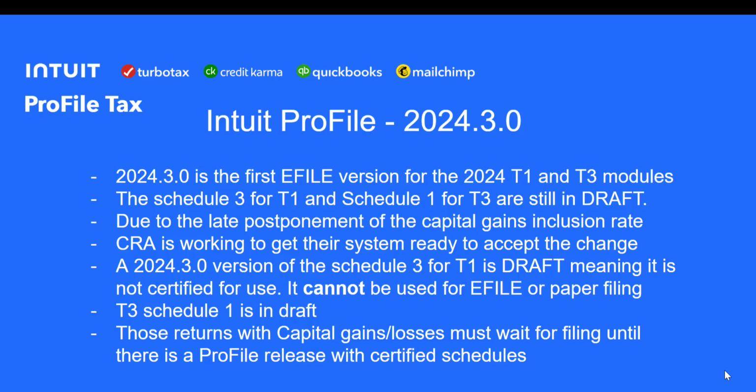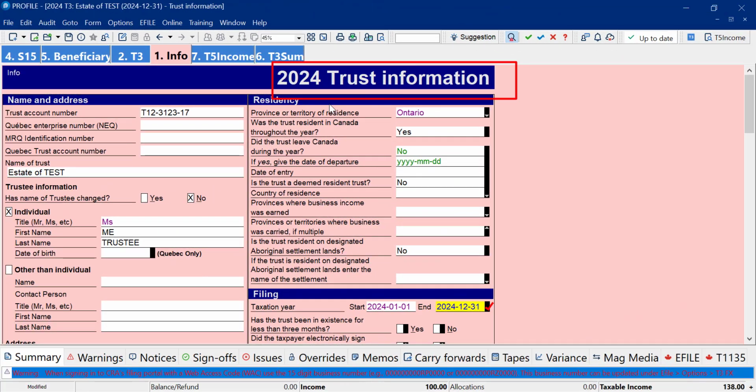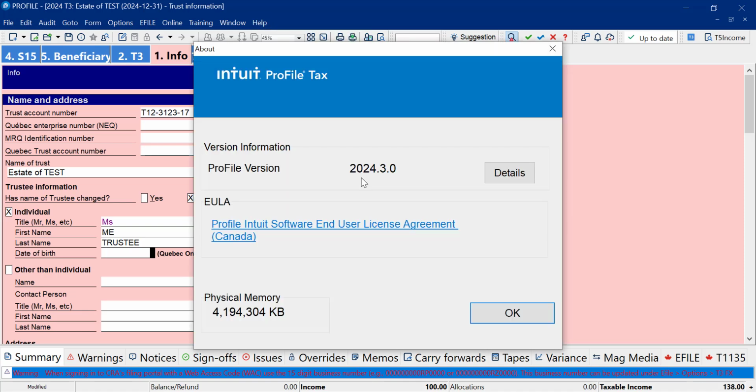Those returns with capital transactions, gains or loss, will have to wait for a future release of ProFile when we have the certified CRA schedules and CRA system is ready to accept these returns. Let's have a look at what this looks like in a T3 return. I'm in a 2024 T3 return in ProFile